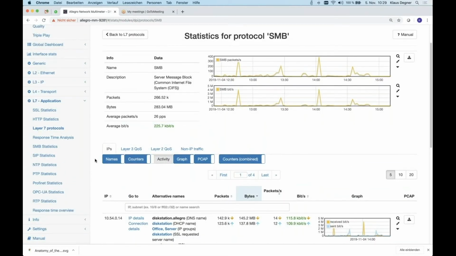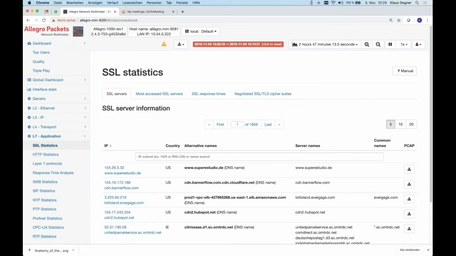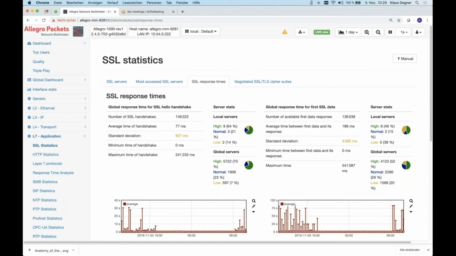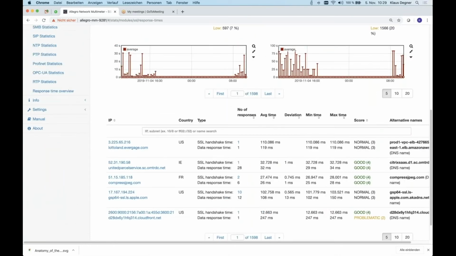Also very important here is the SSL module, because we decode the SSL handshake. And whenever we do that, we can say that was this SSL server, because this is announced unencrypted in the common name for most SSL servers. And that allows us to decode and correlate IP addresses to the millions of available SSL servers. For a few SSL servers, we also have layer 7 patterns, like Facebook, YouTube, Google, and so on. But a lot of the smaller ones, we immediately see here,